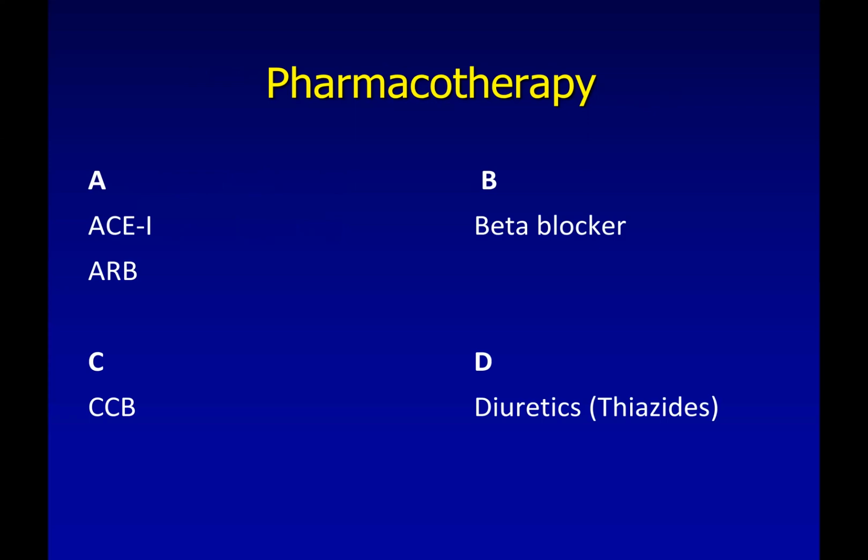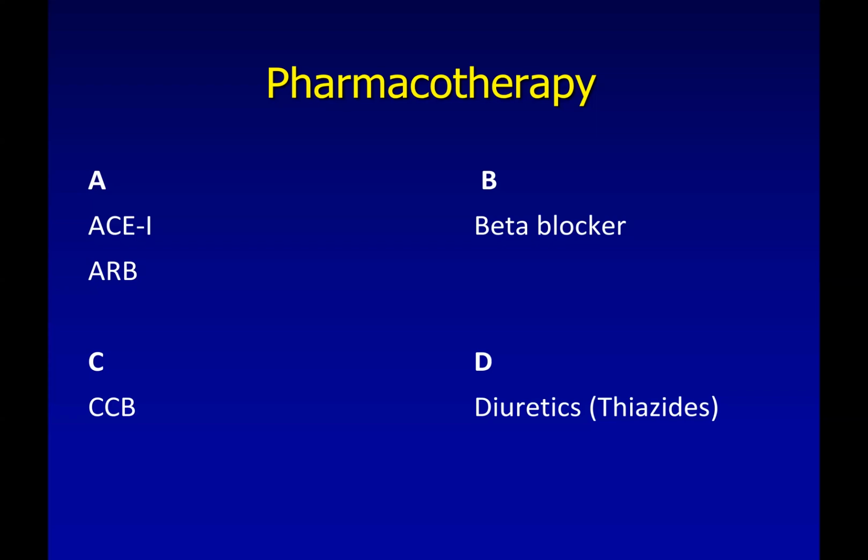Now these are the 5 frontline agents. Of late, beta blockers are no longer considered first line therapy and are not supposed to be used unless there is a compelling indication. So you have A, C, and D. Remember, when you have a combination to be given, you can combine A or B with C or D. A and B should not be combined together. C and B preferably should not be combined together. This is the recommendation.